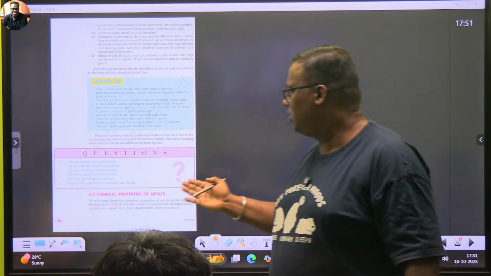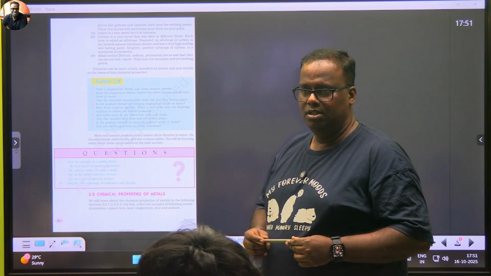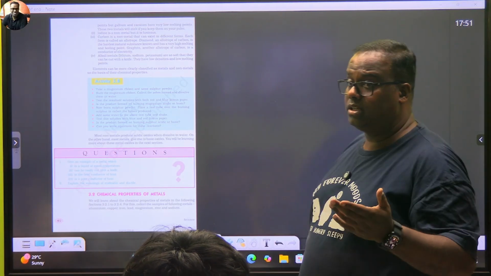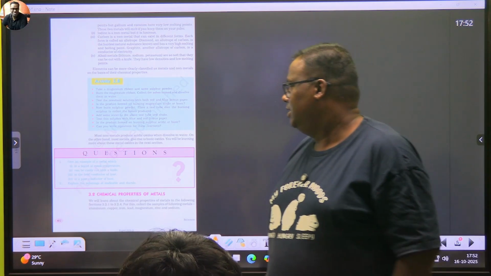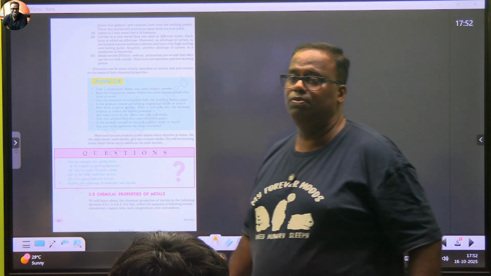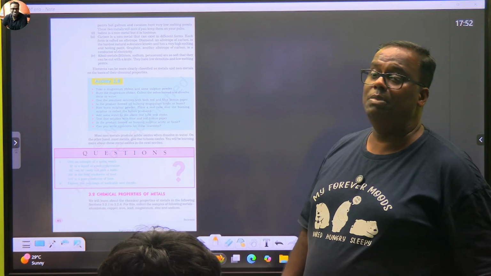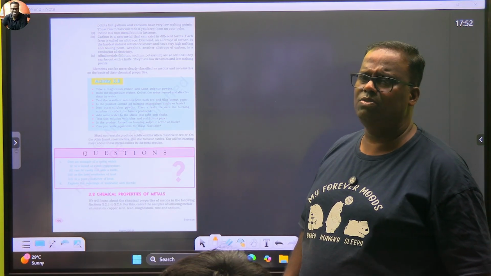Okay, let's try some questions. Give an example of a metal which is liquid at room temperature. Can be easily cut with a knife. Sodium, yes. Don't write Amul butter. Is the best conductor of heat. Silver. Give an example of a metal which is a poor conductor of heat. Lead. Lead is a poor conductor of heat. That's why lead is always used for